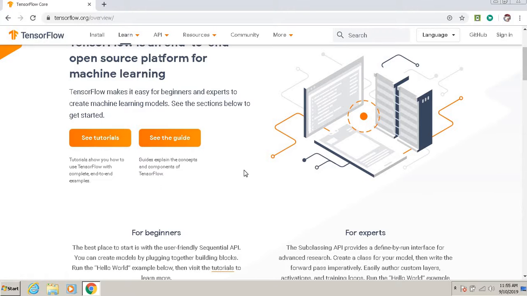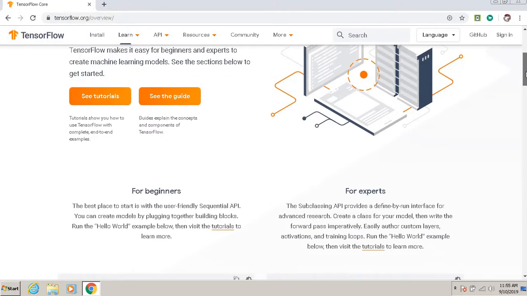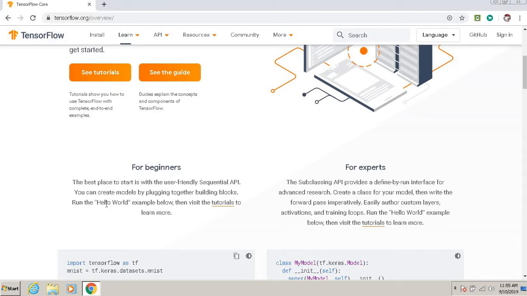Okay, and if you are a beginner, the best place to start is a user-friendly sequential API. You can create models by plugging together building blocks. We can run the hello world example, which is below. Then we can visit the tutorial to learn more.